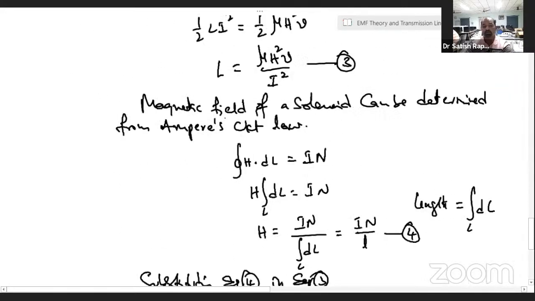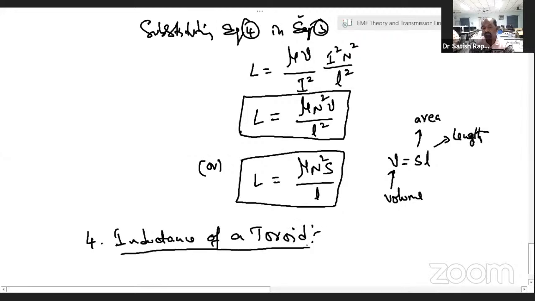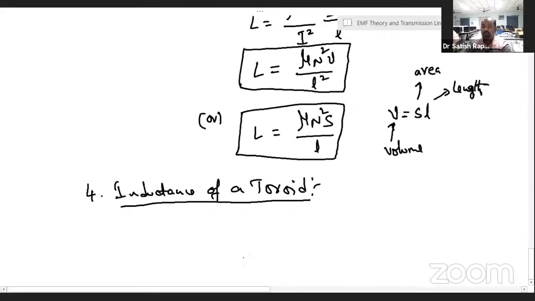right? So this is how we can find it. And next, the fourth one: inductance of a toroid, inductance of a toroid, right? So what is a toroid? So toroid,